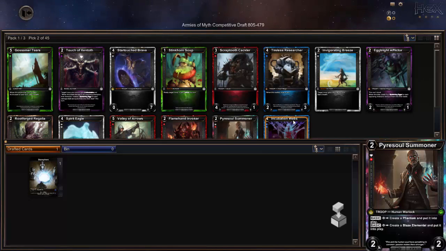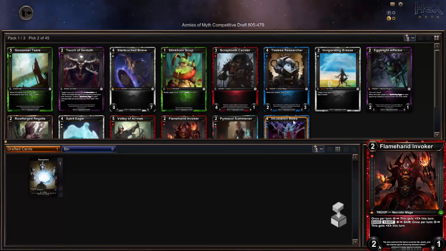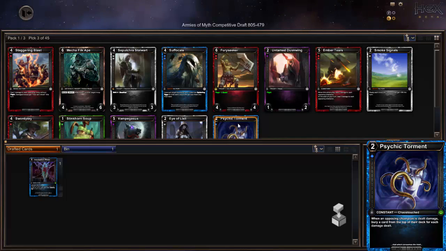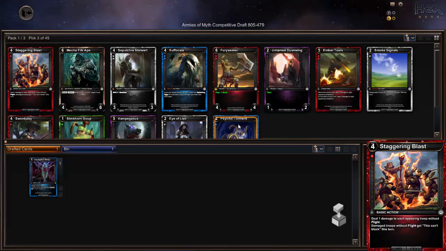That also keeps me open, luckily, so I see that there's an Incubation Webs, which is a really strong removal spell, probably the best removal spell for spiders over Paraphagy, and there was actually a lot of Ruby Diamond in that pack, so I just wanted to pass that, and hopefully we'll get some spider cards on the way back